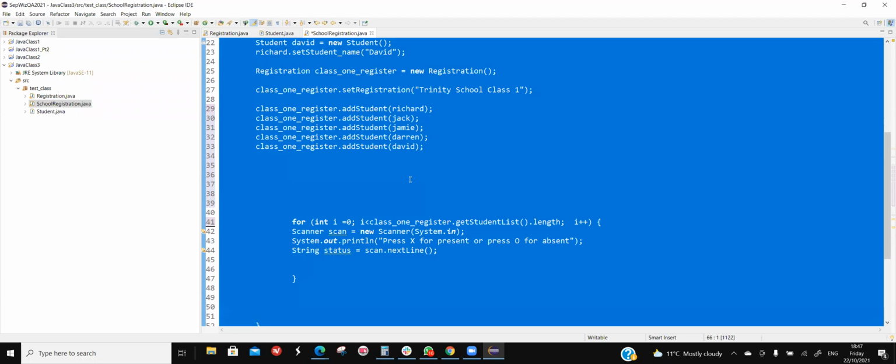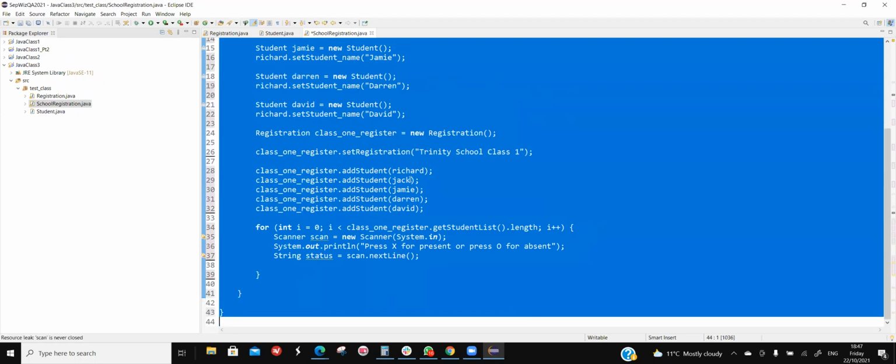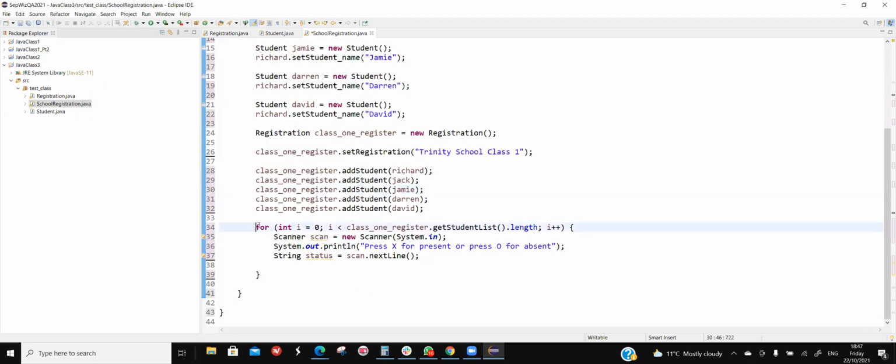Then I'm looping around the student list. When I'm looping around the student list, for each and every student, I'm creating a scanner object. Scanner object will let me provide the